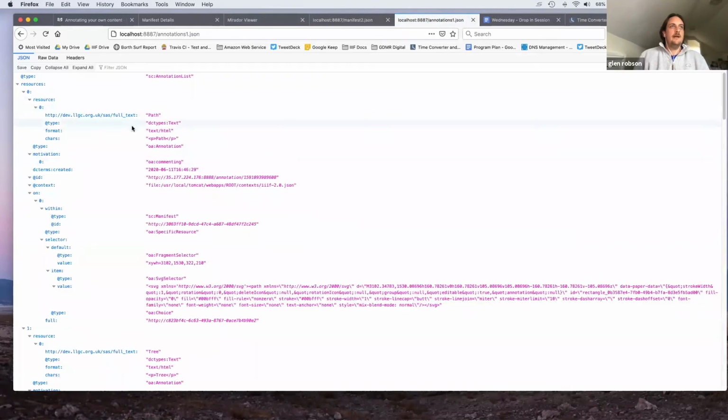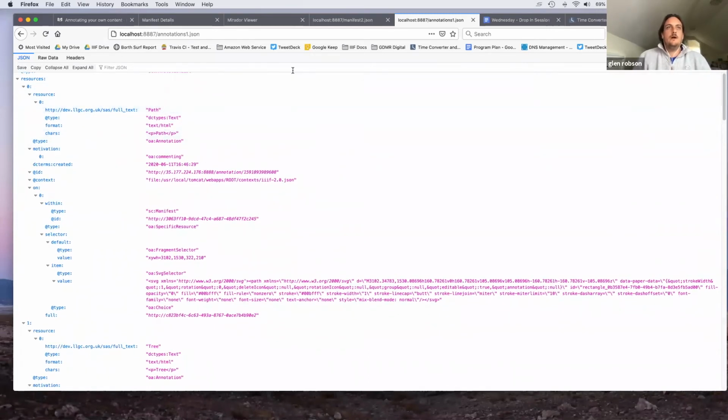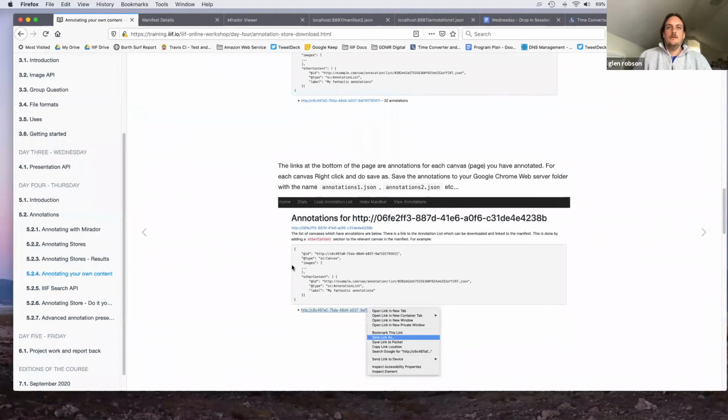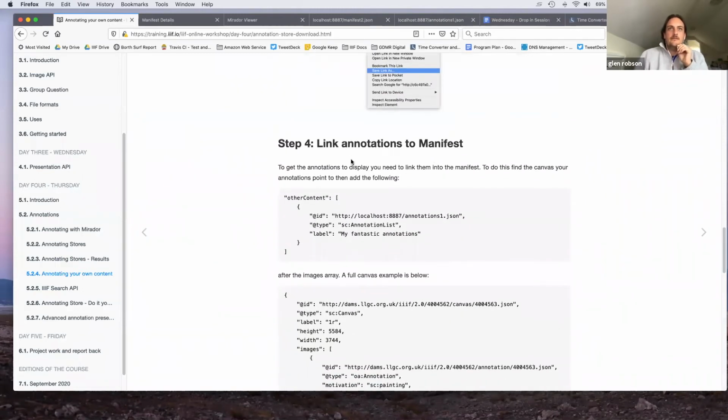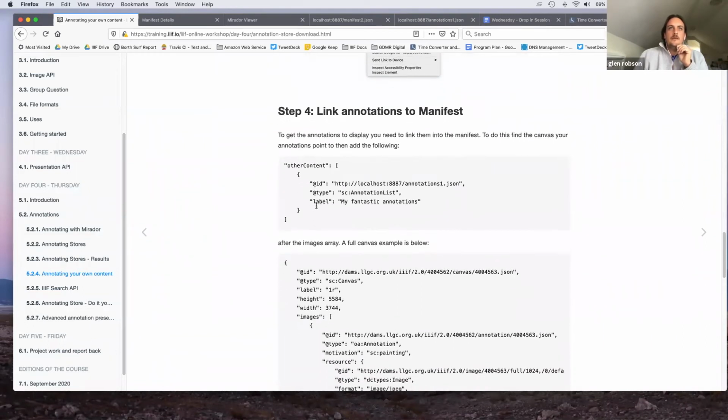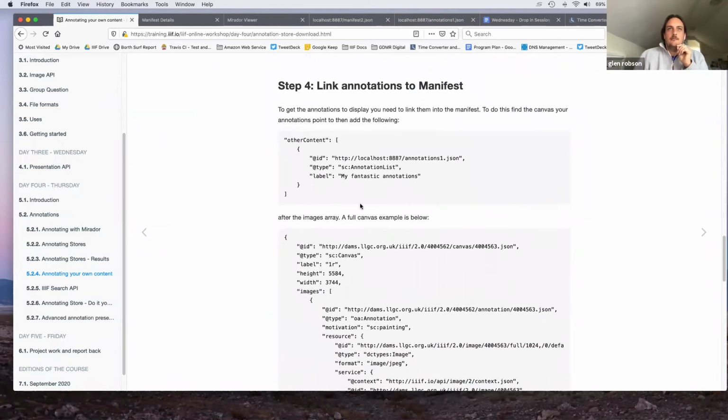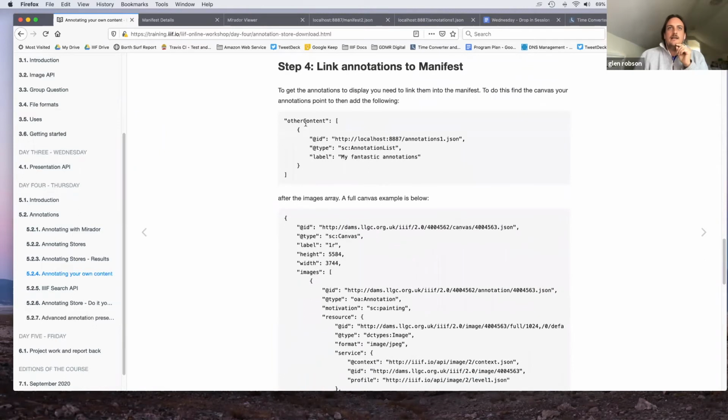There we are. So I have my annotation list. It's always useful to check that it works in this, because it tells you if the JSON's valid. It's really easy to put the odd wrong comma in there, the wrong brace, but that looks okay. So I've done the save link as. Now I want to link the annotations to a manifest. So I want to find the canvas in my manifest, and I want to add this other content section into it. So if I go to Atom,